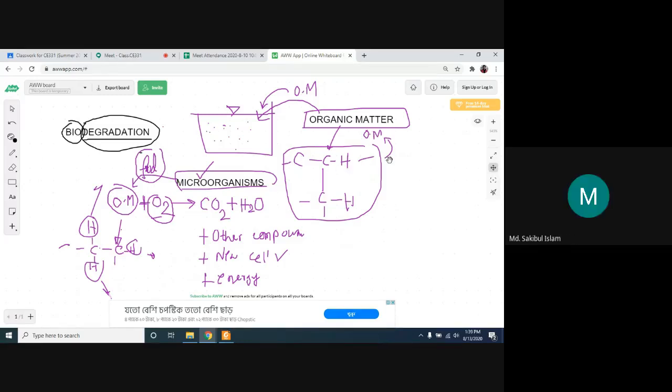Now, this whole process is happening where? In water. Remember, this is happening in water. Where is this oxygen coming from? This oxygen is coming from the dissolved oxygen in water. So this oxygen is actually coming from the oxygen which is dissolved in your water. That means